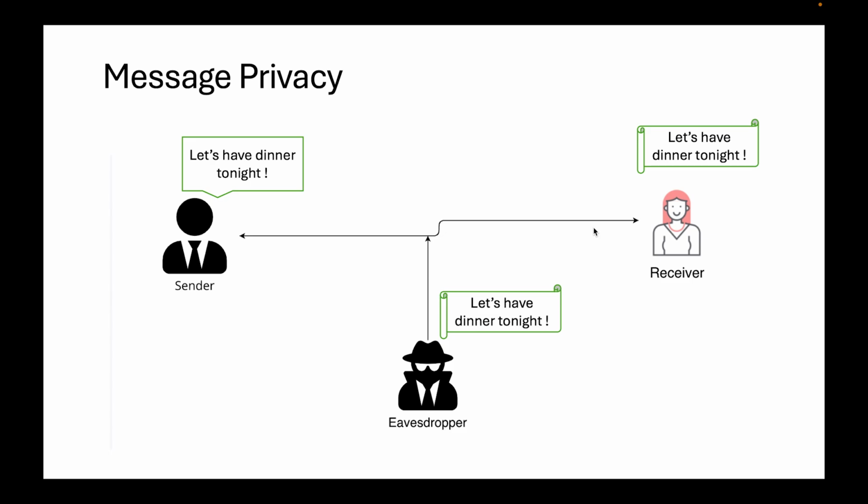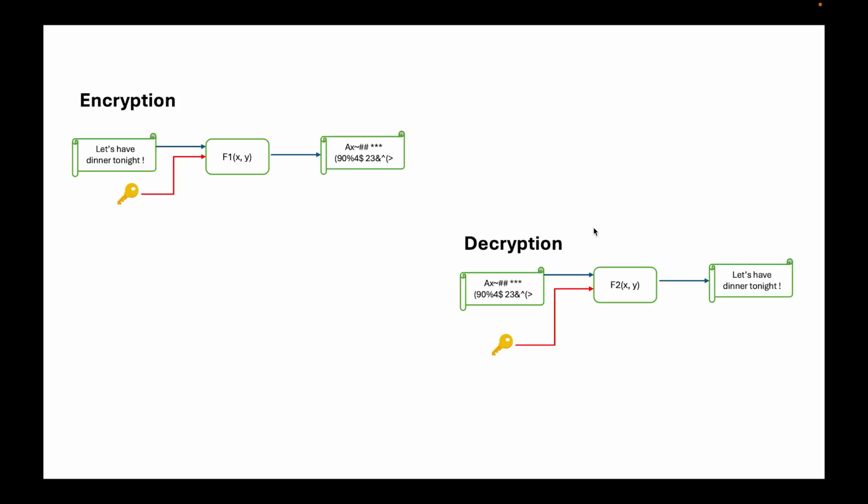Naturally, you can see that if the sender says, "Let's have a dinner tonight," in plain text, a receiver can understand it, yes, but so can the eavesdropper. So this is not a private message. You can see for yourself that message privacy calls for some kind of message transformation. This message transformation